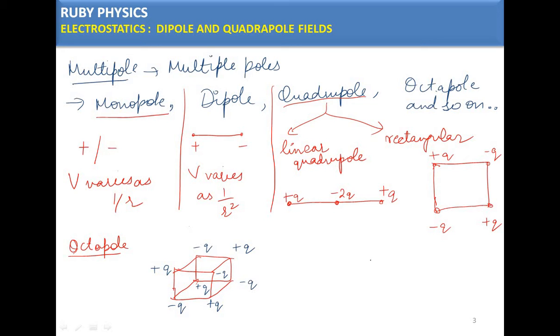Okay, so what is the basic idea behind these multipoles that I am going to tell you now? The basic idea is, consider a charge distribution, and you find the potential at a point P here. If the observer is very far from this charge distribution, then you are going to consider it as a single charge or a point charge.